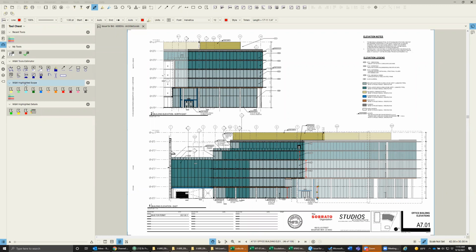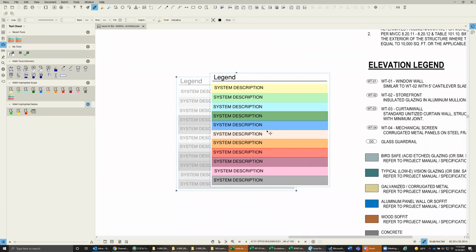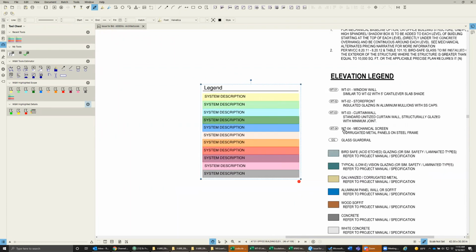A quick video on how to use the Wolters and Wolf Highlighted Scope toolset. So once you have this imported, you can go ahead and click on the legend here. Click it onto the screen. You can hit escape to not do another. And what we're going to want to do is title our descriptions as close as possible to the legend and the drawings. So I'm going to name our first description here